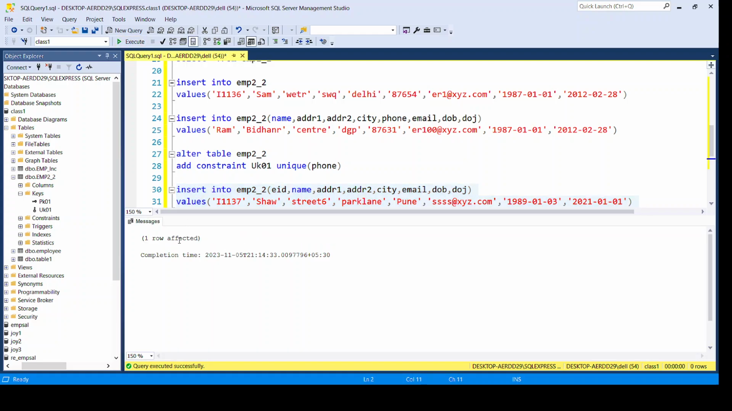One row is affected. That means this record that I'm trying to enter has been accepted. First of all, why? Because of this unique employee ID. I1137 didn't exist in the table. Now it will exist in the table, and all the employee ID values are unique. Because I1137 didn't exist, it's a new value which SQL will consider, and hence will allow the